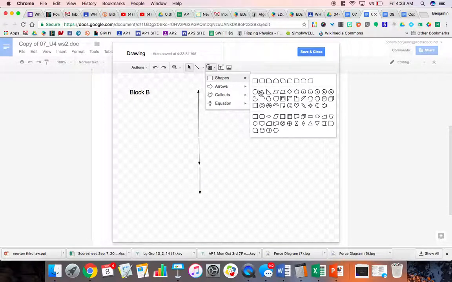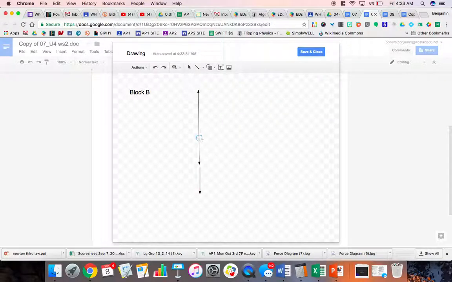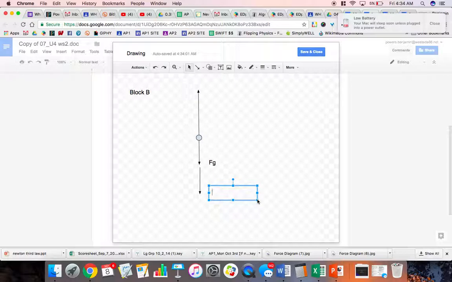I think it would be good to put an object, like a shape, there in the middle so you can see the object. So I've got a little dot in the middle, then my arrows, and these arrows you want to label specifically. If I think this is the force of gravity, then I can just use my normal subscript. But if I want to talk about maybe a force that the block above is putting on it, I would put the force on B by